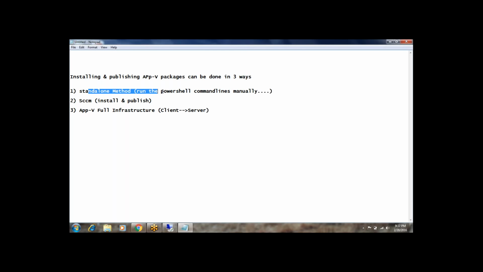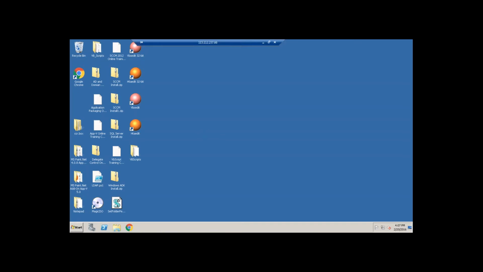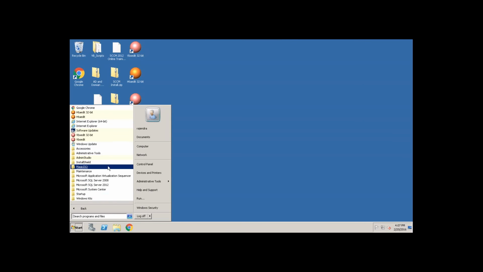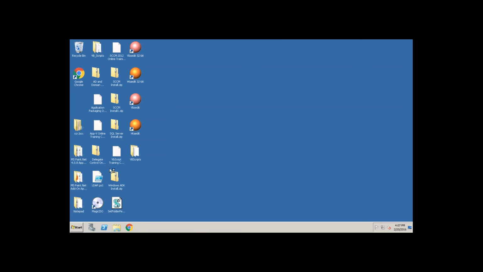So this standalone we already discussed. Now let us see this SCCM. You just need to open your SCCM console, the Microsoft System Center Configuration Manager console.